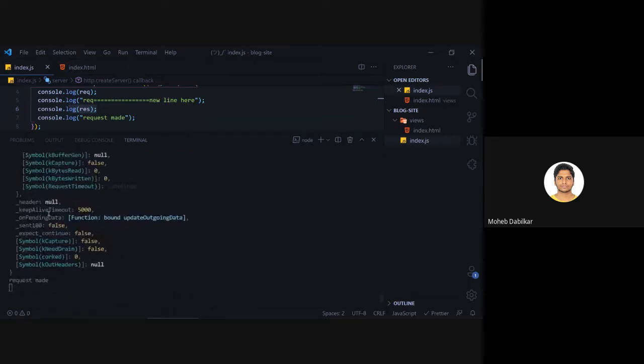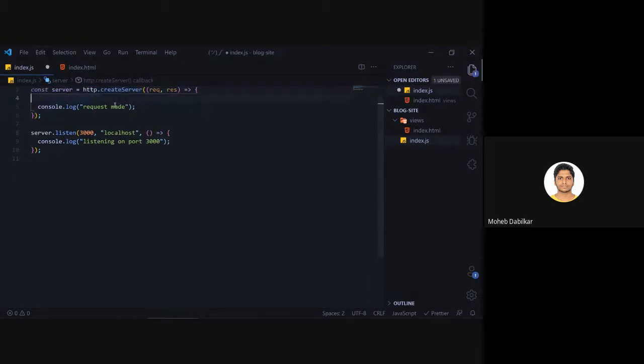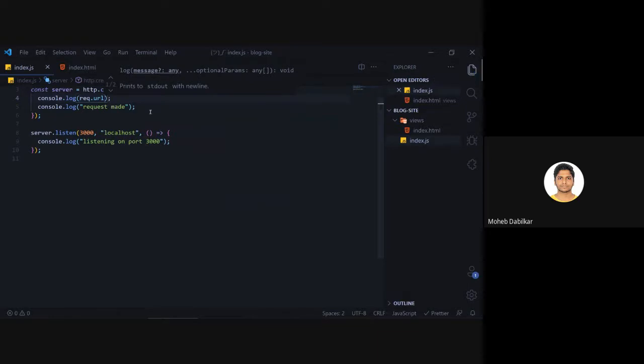I'm not able to show it like this, but I would recommend that you go through it, console log request and response object, and try and find something new and how it works. So we'll say console dot log, first of all, request dot url. Okay, and let's just save it.